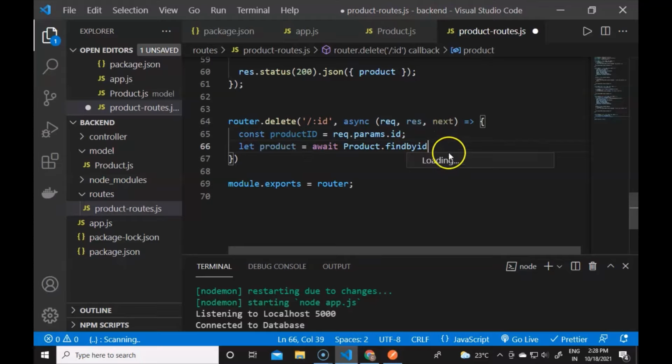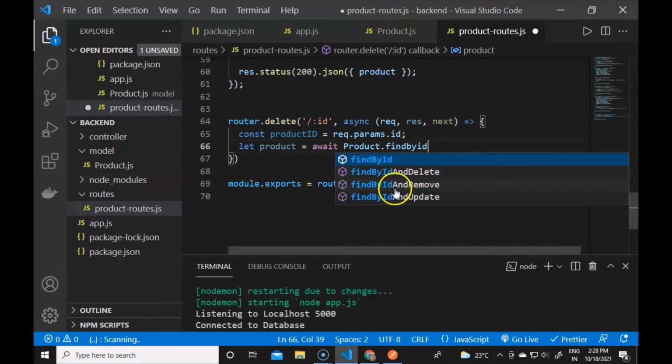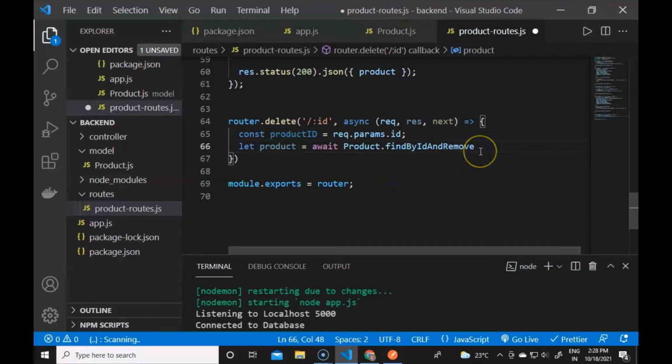We have to wait till it comes in the autocomplete. Then you will see findByIdAndRemove is the method here. We have to use this method, and then we have to provide the parameter as the product ID here.